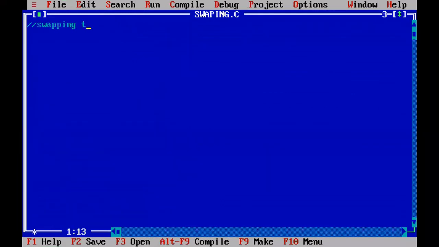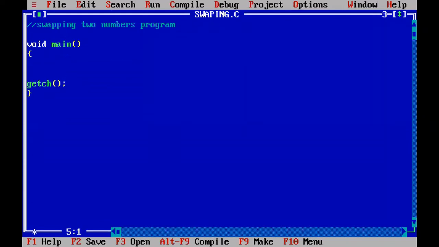Swapping two numbers program. First start with void main. Write down here one getch function.